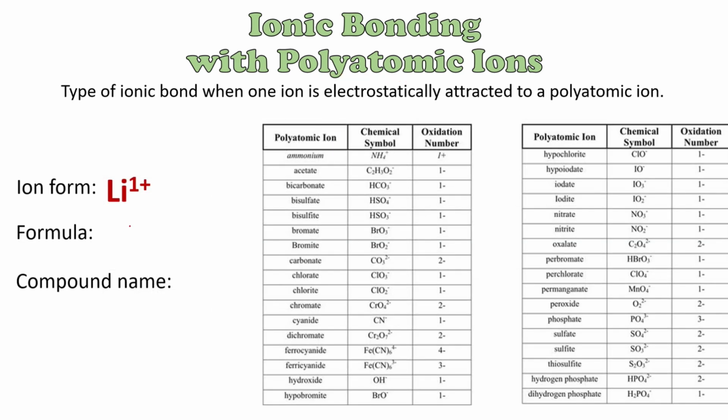We have lithium ion with 1 plus, since lithium belongs to the first group. So lithium 1 plus, and we're gonna pair it with this anion. So our lithium is the cation, and our anion is this, the one encircled,